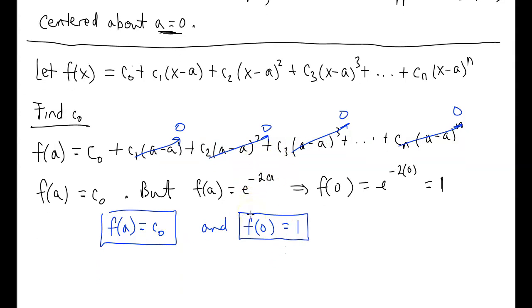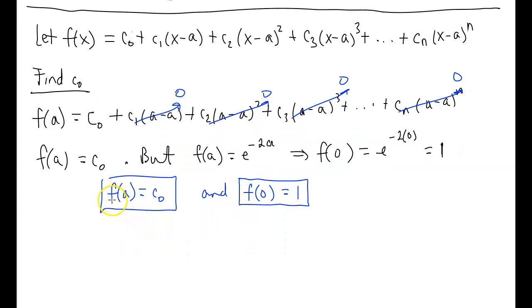All right, so we have found what c sub 0 is in terms of a, or f of a, and we've also figured out what c sub 0 is just on its own. Okay, and let me go ahead and make sure that I notate that there. The main things that we want here is what the coefficient value actually is, and we want to see how we would get it in terms of f of a. So next we are going to figure out what is c sub 1. Okay,